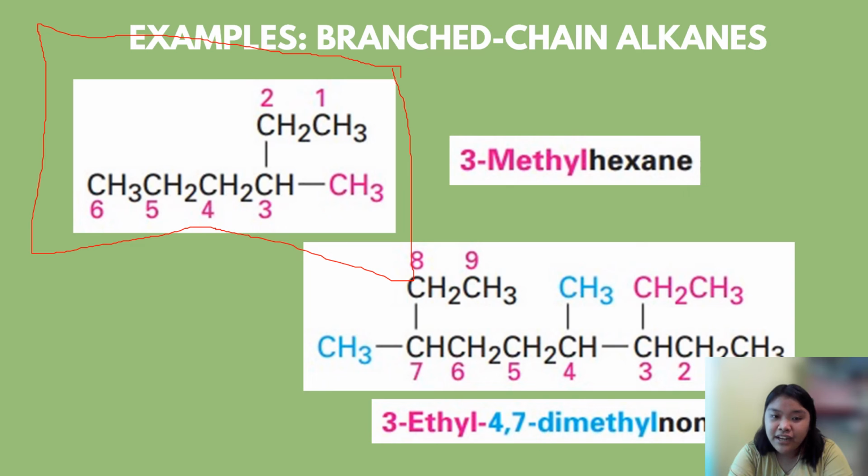So, CH3, ito, let me use the pen. Ito yung number 1 dito. Dito ako magsa-start kasi mas malapit siya dito sa CH3. Mas malapit ito kasi pag dito tayo nagsa-start ng number 1, malayo siya. So, dapat you start numbering the carbon where the nearest substituents occur. So, 1, 2, 3. So, nandito sa 3 si methyl. So, 3-methylhexane. Ano tong hexane? Yung hexane, guys, ito siya. 1, 2, 3. Yung naka-pink, yan lahat.